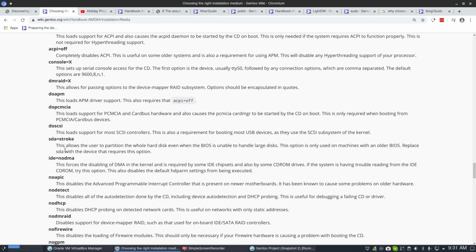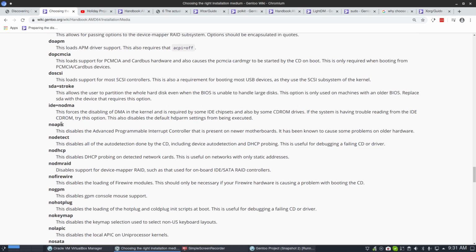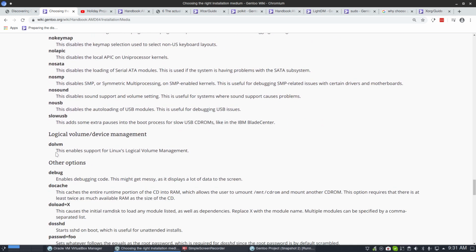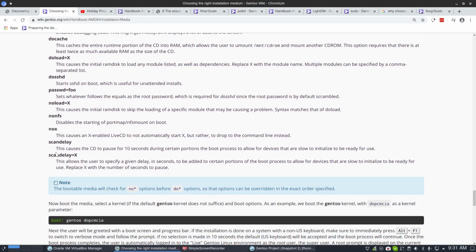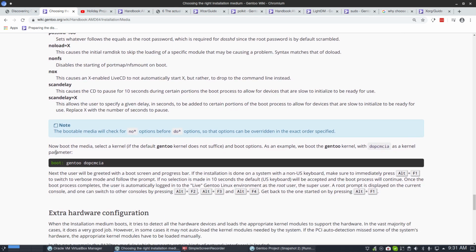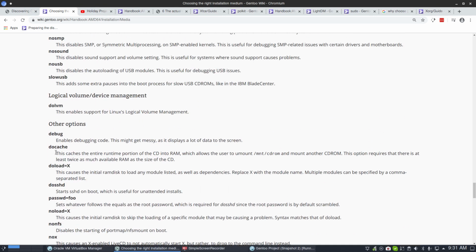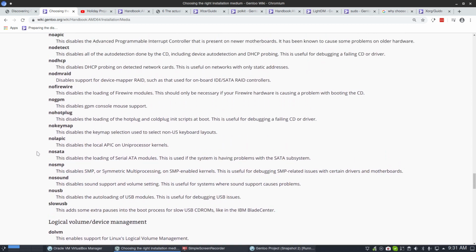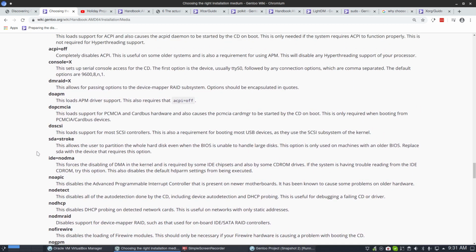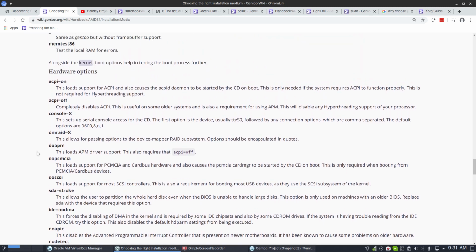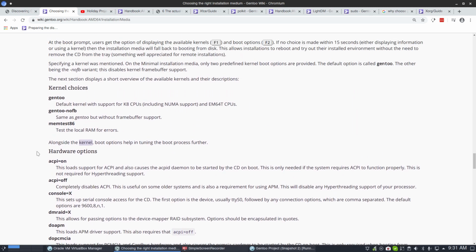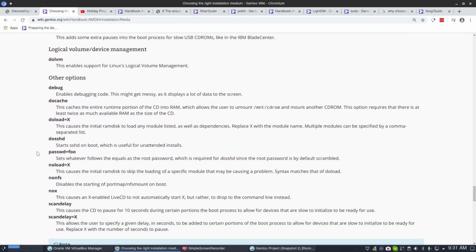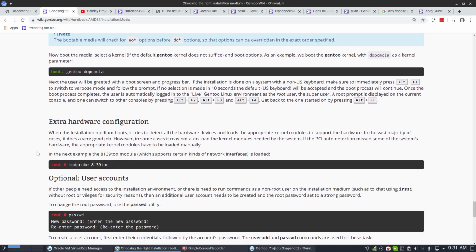Edit the line, tap E and type things behind it, like noapic, and what's another good one that we often say? Well, they are all here, just not one. All of them are here. I don't see the one I want to remember. Anyway,